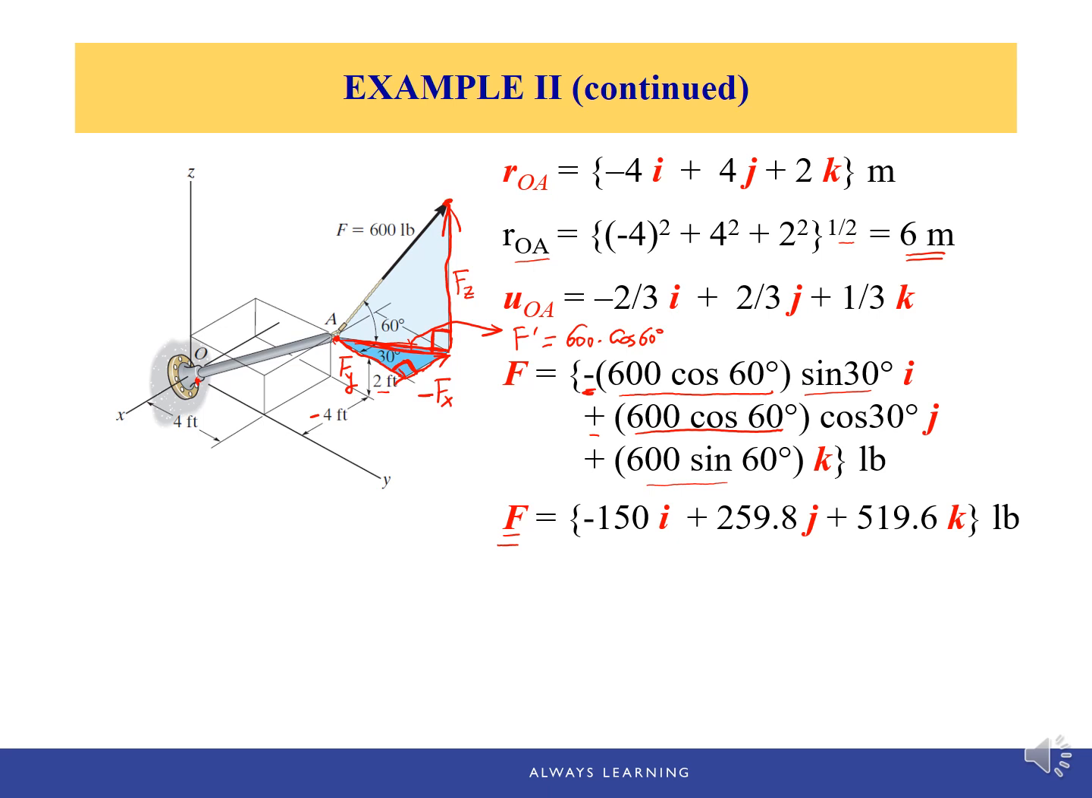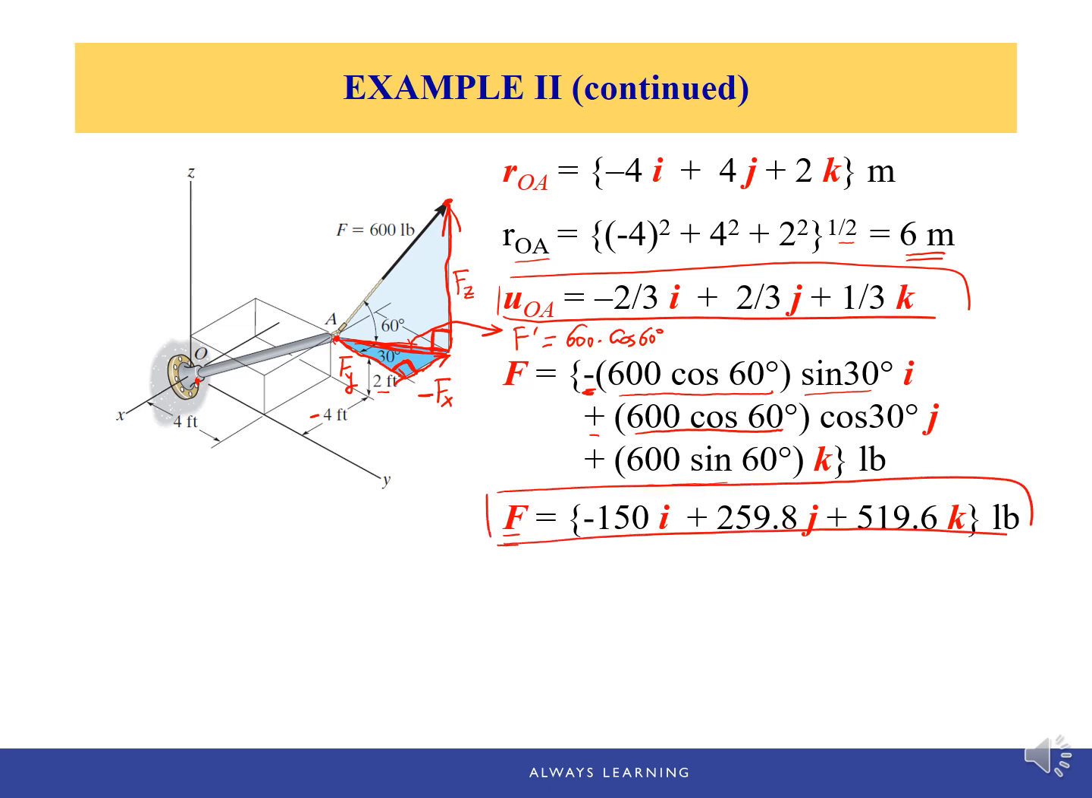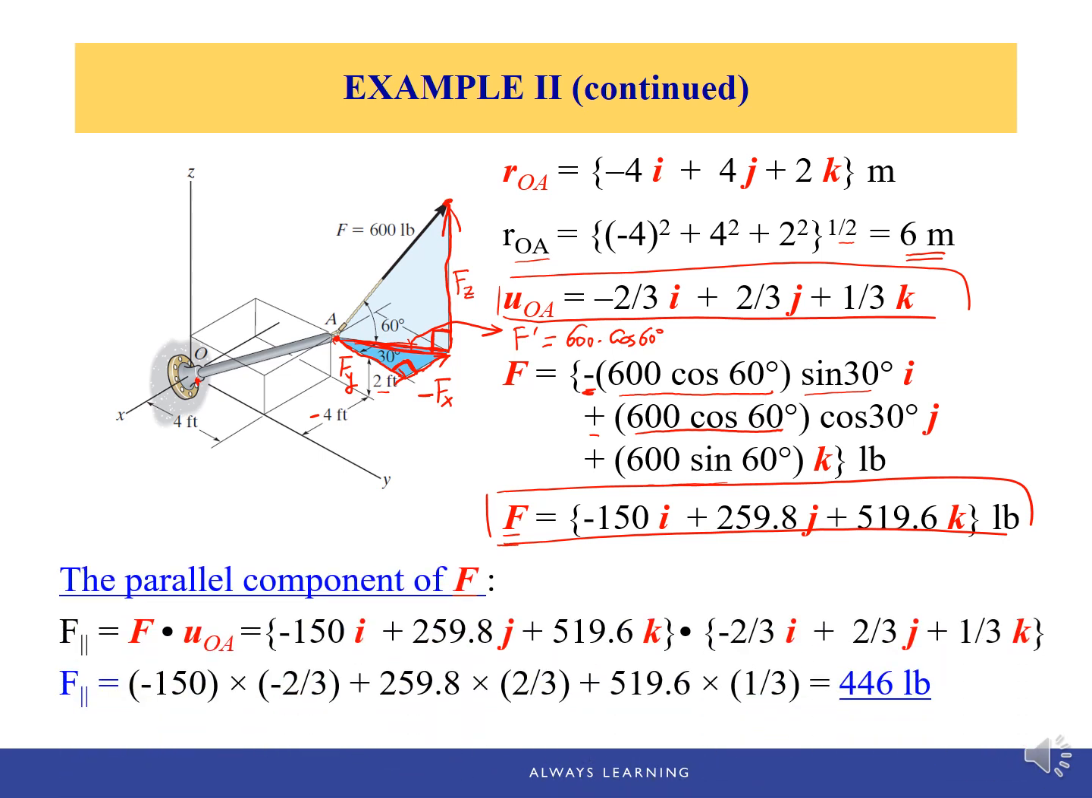So with the two pieces of information given here, we have the force vector, and we have the unit vector in the given direction. Then we can use the dot product to find the parallel component of force F, or the projection of force F in the OA direction. It will just be the force vector dot U_OA. And the result